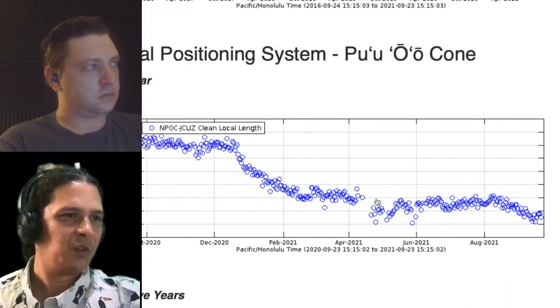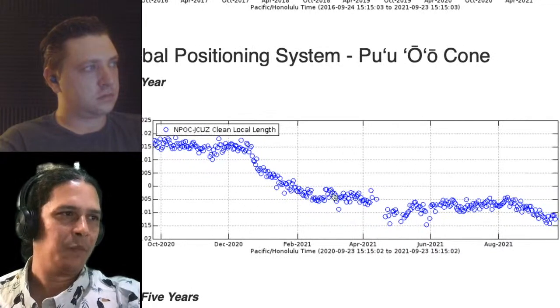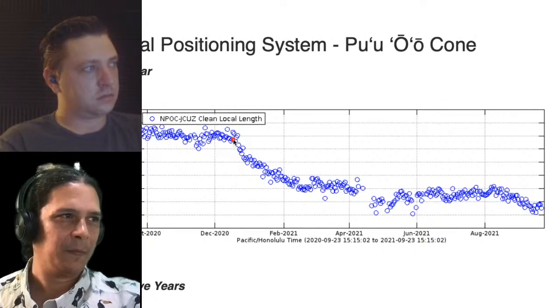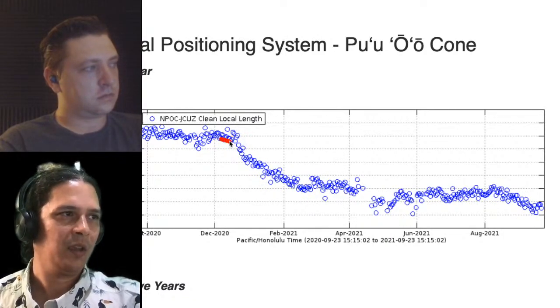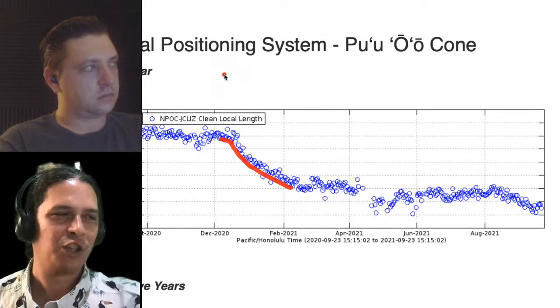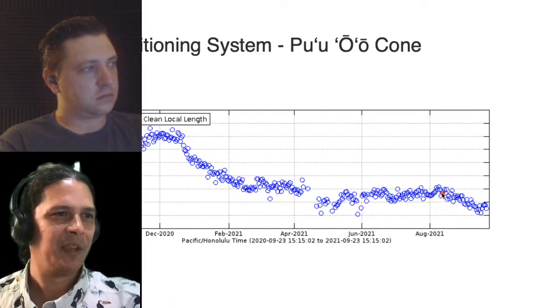But just to note first, over at Pu'okone, our scale there is quite a lot smaller. But we had noted previously that the reports from USGS of backflow from the East Rift into the summit area during that eruption might have been expressed through this signal over here, contraction across the East Rift zone by Pu'o. And a similar pattern seemed to be beginning